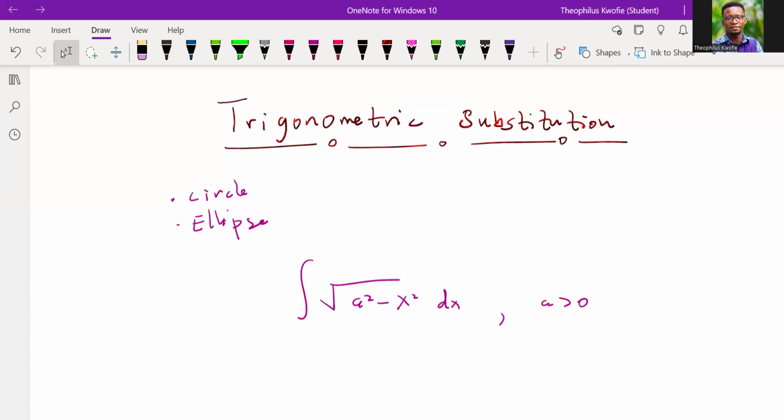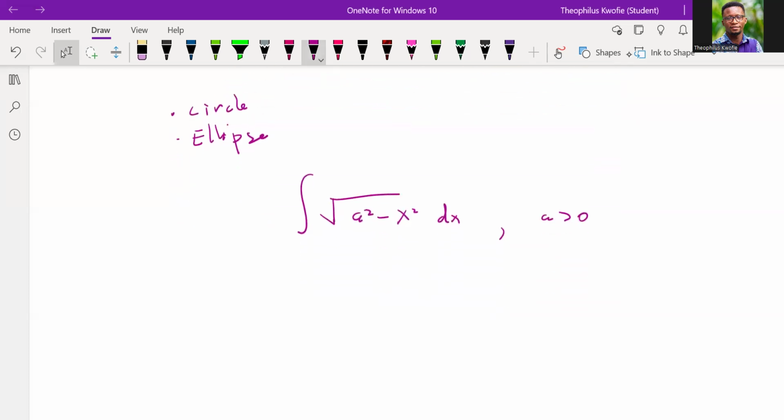And let me be more specific here. If it were an integral problem like this,